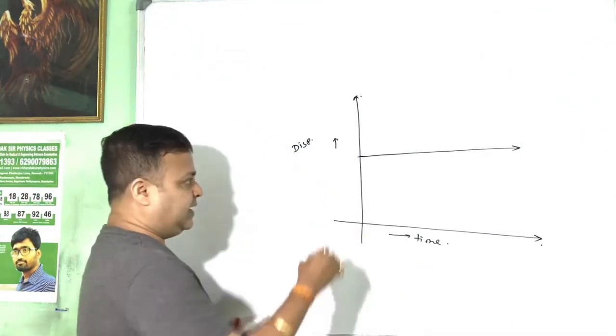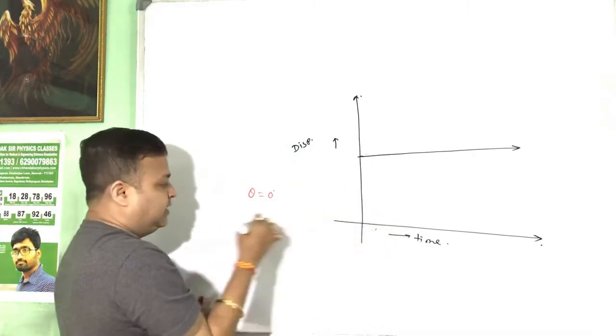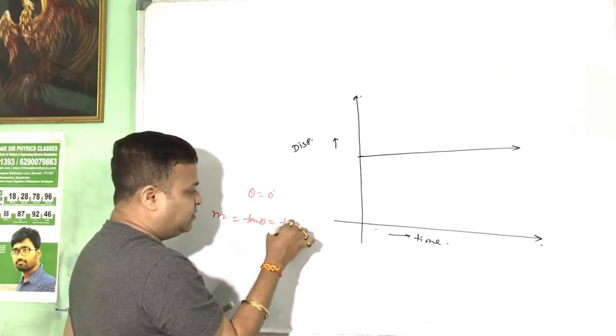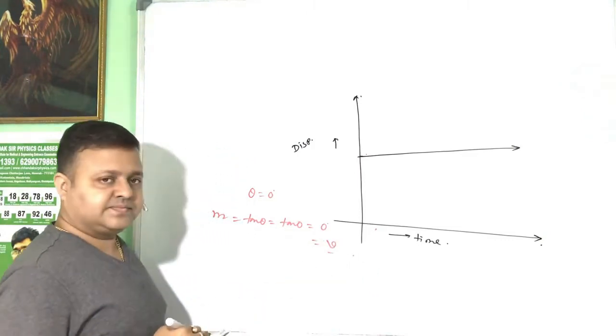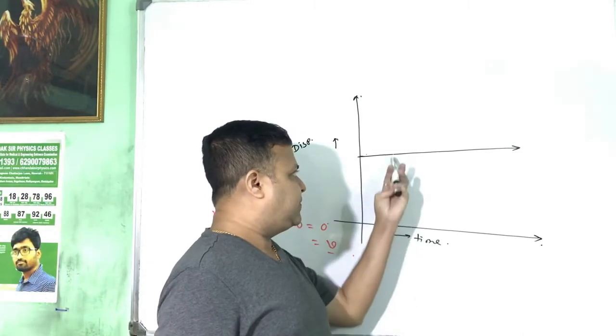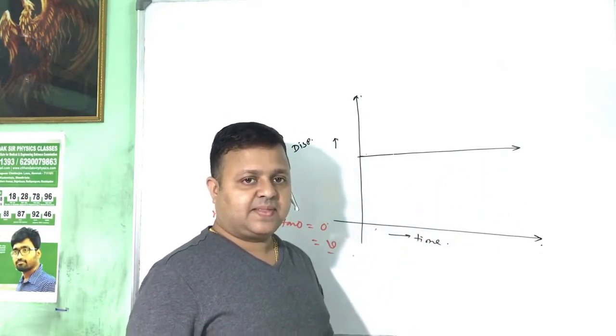বুঝেছেন? তাহলে here slope theta equal to 0 degree because it is parallel to x axis না, that is slope, that is tan theta, that is tan 0, that is equal to 0, that is equal to velocity. তার মানে দেখ চেঞ্জ হয়ে যাচ্ছে টাইম কিন্তু ডিসপ্লেসমেন্ট রিমেইন সেম, সো চেঞ্জটা কত হয়ে যাবে 0।